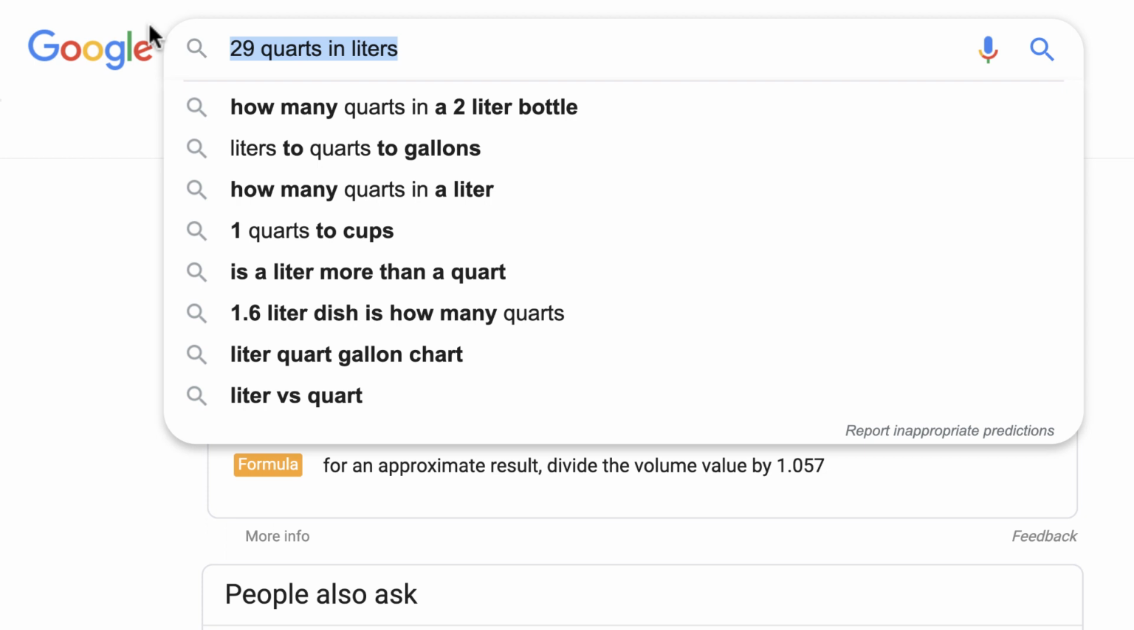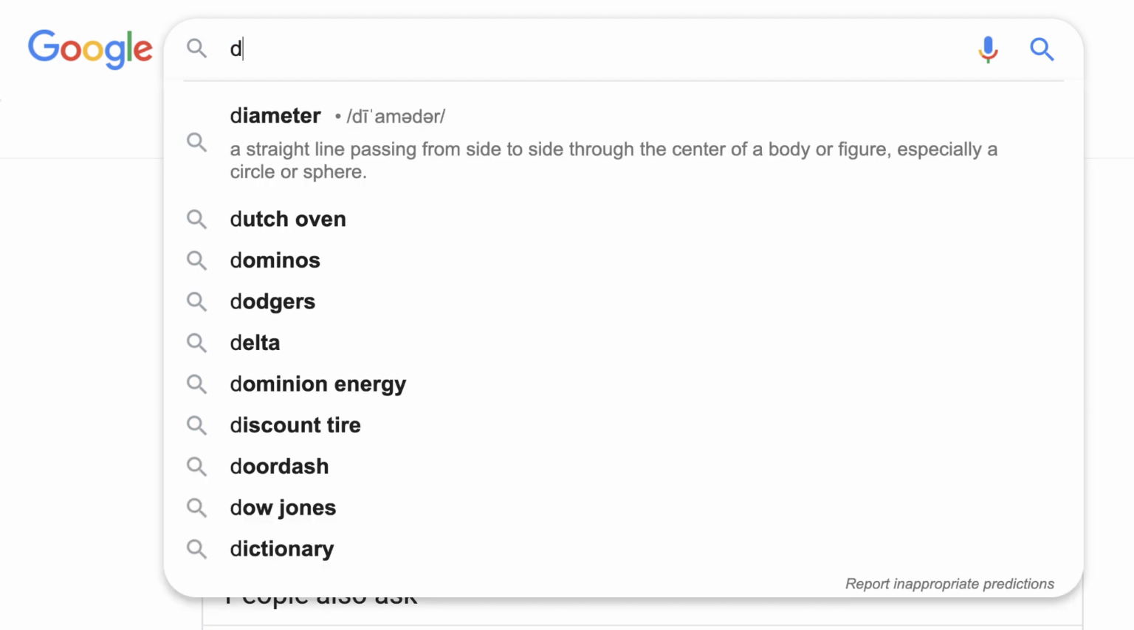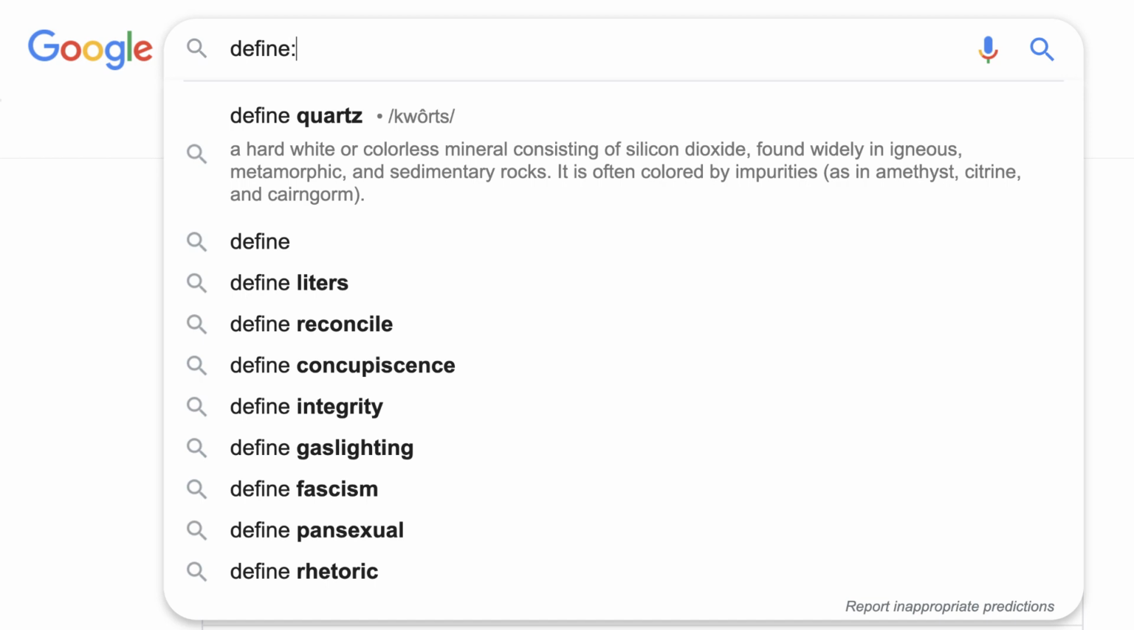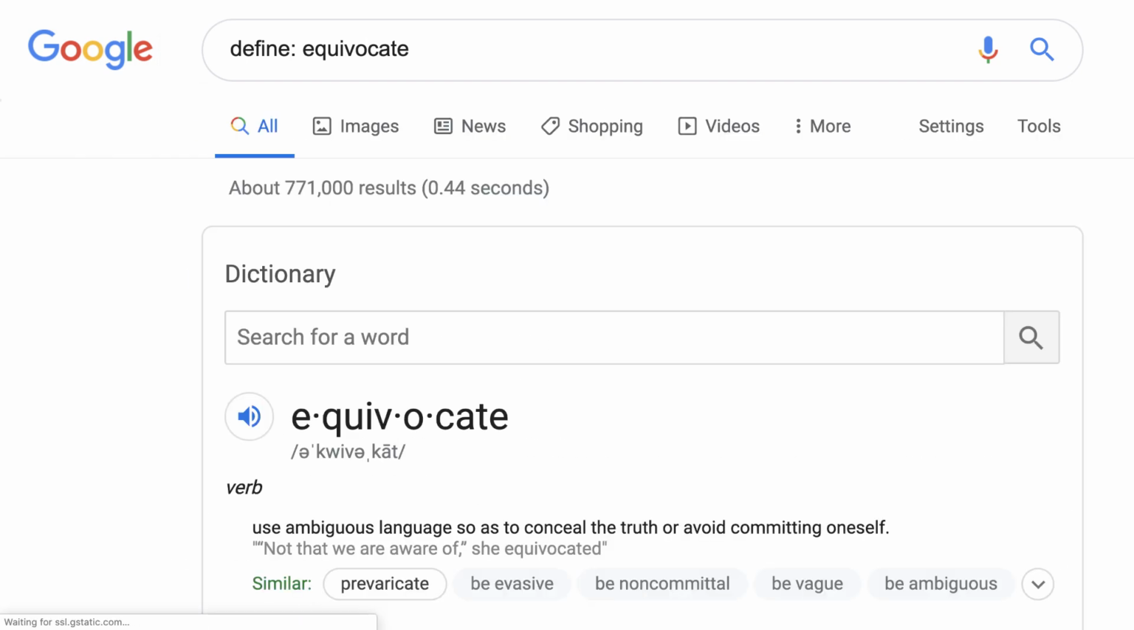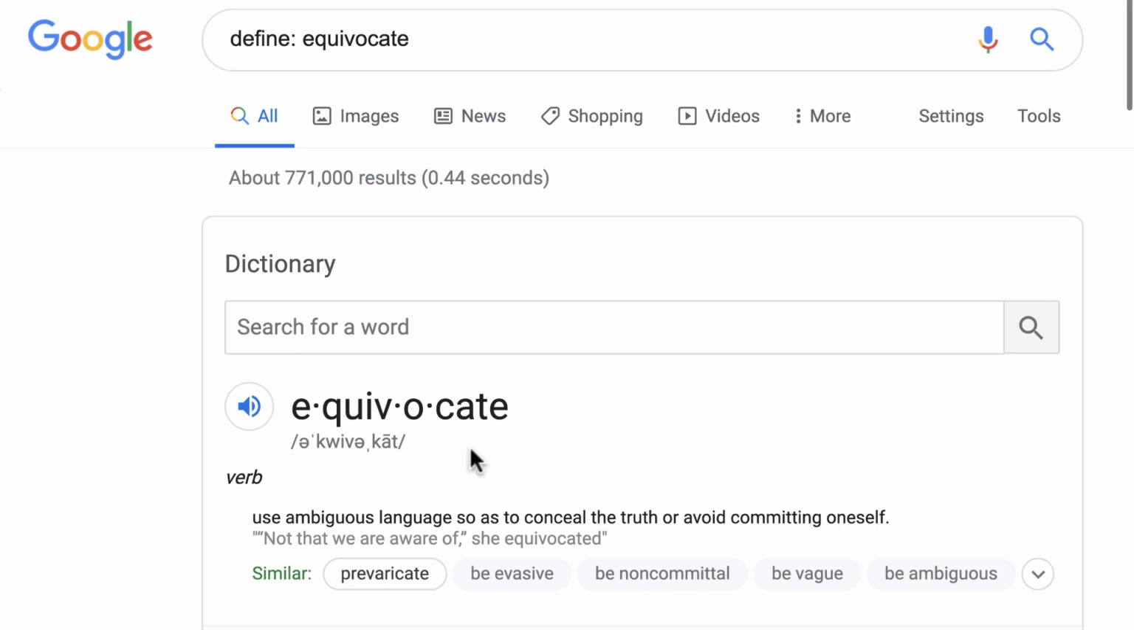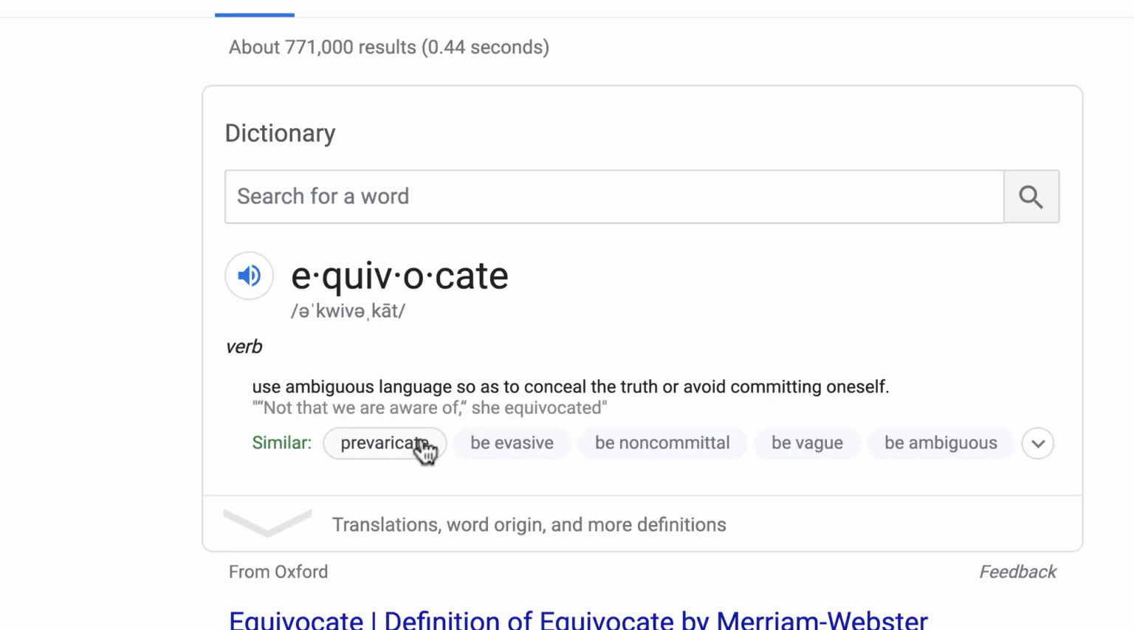Let's look at another Google search tip, and that is that you can type in the word define, followed by a colon, and then the word that you would like defined. For example, equivocate. So it gives me the word, and it gives me a definition of what it means. I've even got some synonyms or things that are almost synonyms that come up below it,